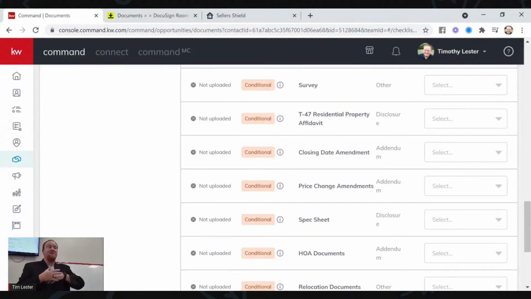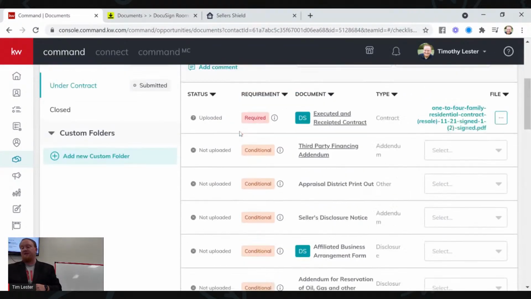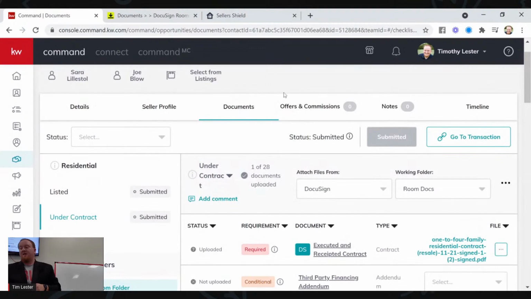And what this is, you telling James, our MCA, hey, I've got this. We're outside of option. It's going to close. Things can happen, it's okay. But here's what the commission should be, and he will take that and create that DA. Now, he will not send you that DA until everything in compliance is approved. Because we were working ahead and everything would be approved in compliance, right now it says submitted, it would all say approved. We could then go to the offers and commission section,